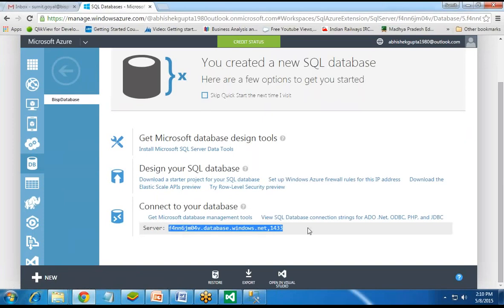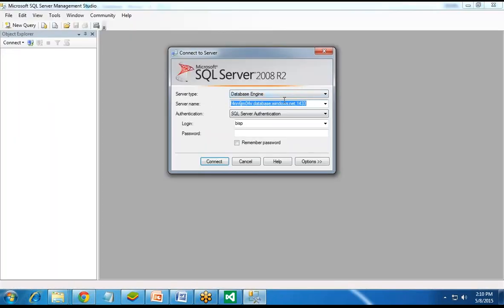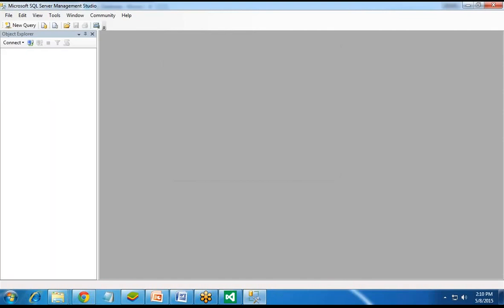I copy it, paste it, enter the login ID and password, and connect. Once the connection is established successfully, you can see we have a database named BISP database.